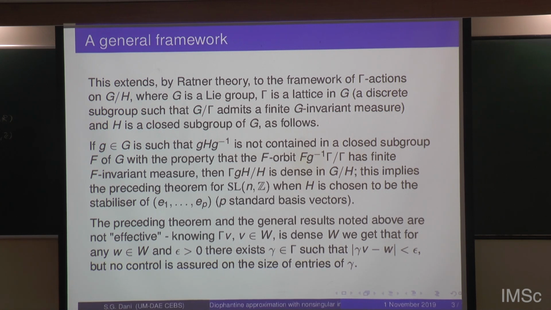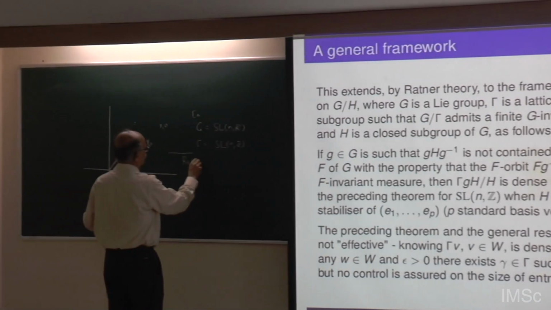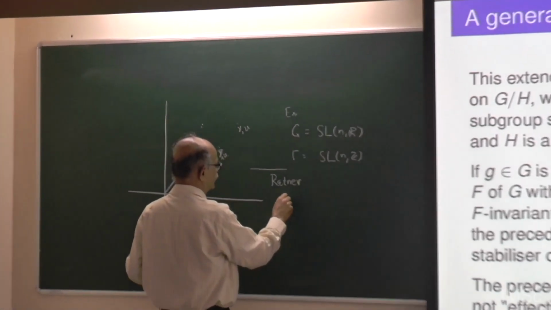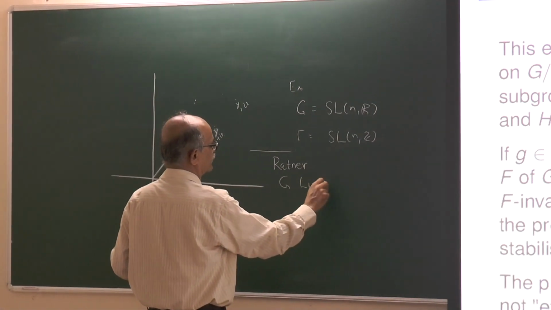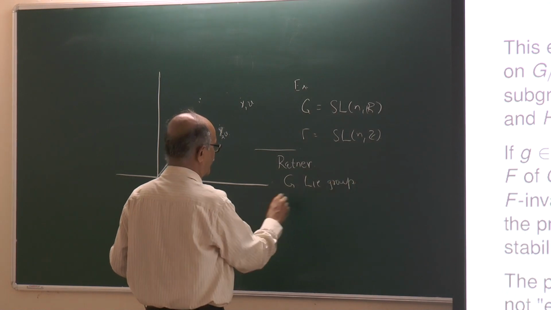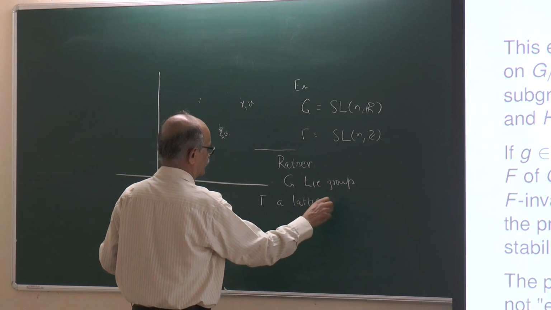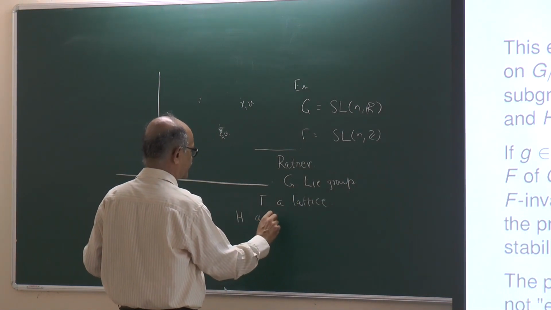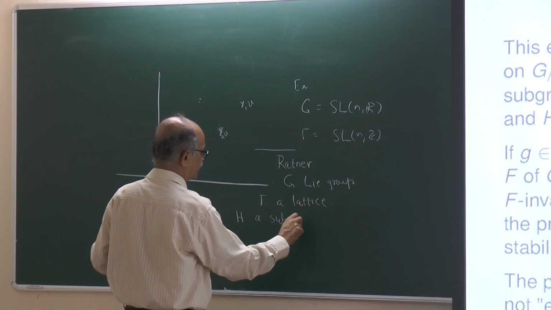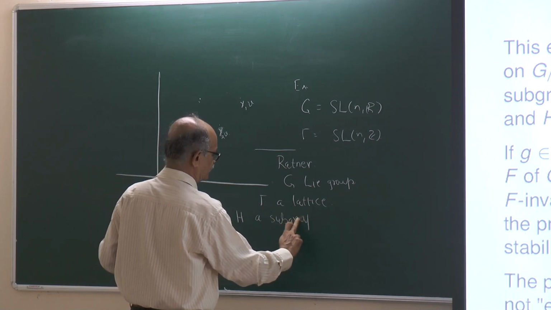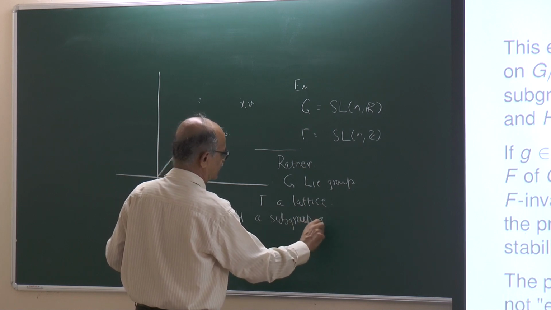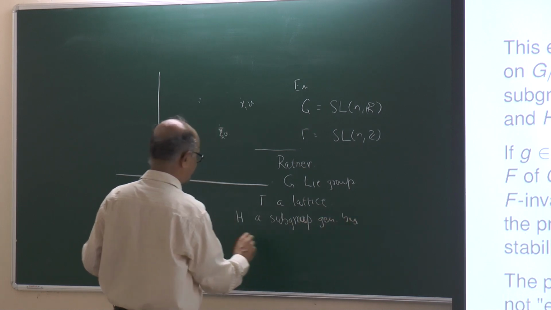So here and then, okay, let me quickly write down. Since I have said it halfway, you take G a Lie group, Gamma a lattice, H a subgroup generated by unipotent elements,